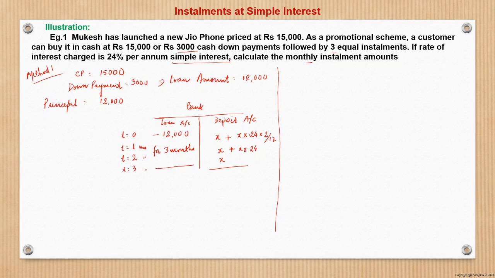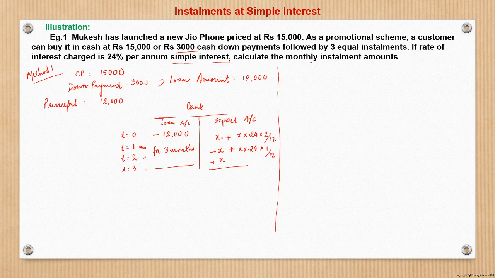That will earn interest at the rate of 24% per annum. So this becomes 1 month, so 1 by 12 we can say, because this is being deposited at the end of second month, and we are seeing the things at the end of third month. So basically this x will be earning the interest only for 1 month in the bank account. And this third x is being deposited at the end of the third period, and we are looking at the final position of the account of the customer in a bank at the end of the third period. So this will have no additional interest, that's x only.